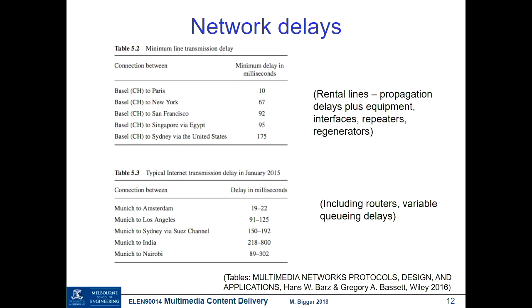And here are some network delay figures to just try to provide a little bit of perspective. The top set are just example rental lines, so they don't have routers, so they don't have queues. It's not an internet connection. It's a leased line. So we have tens of milliseconds up to around 100 milliseconds for international connections. But when we include the routers in an internet type connection, then we have the order of a few hundred milliseconds of